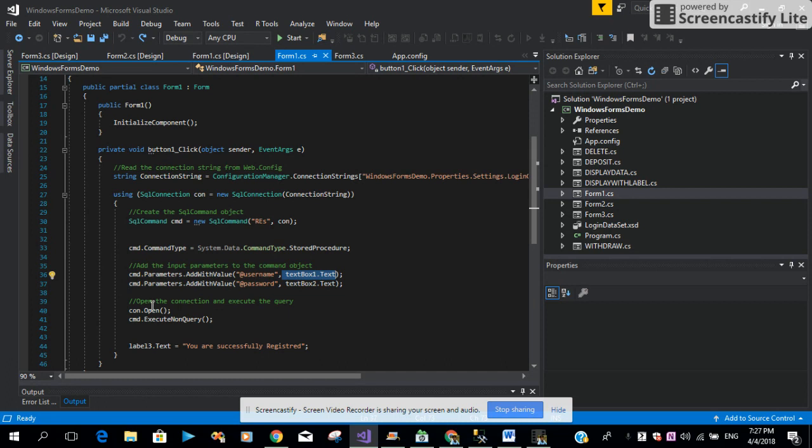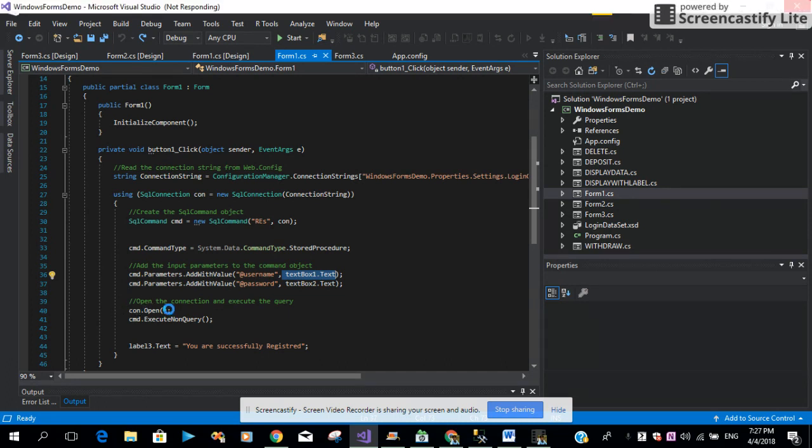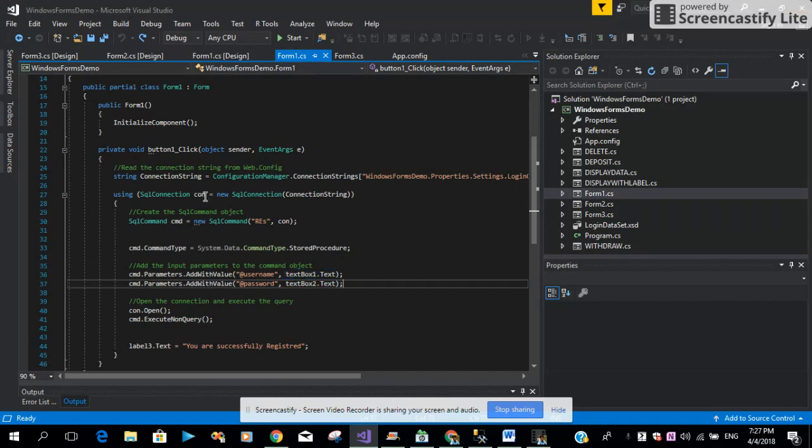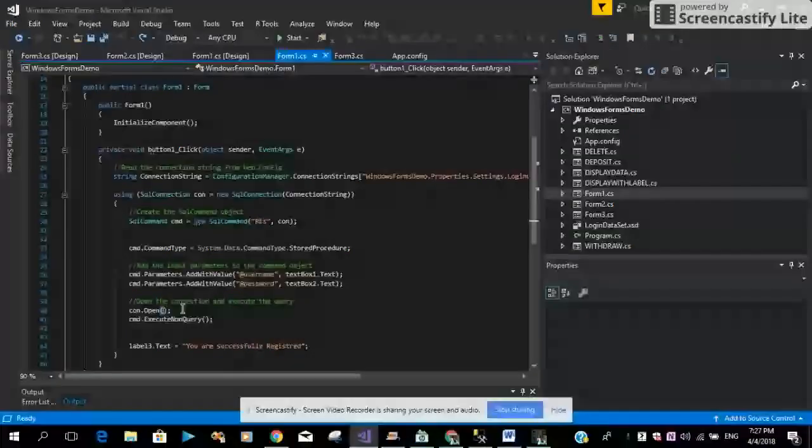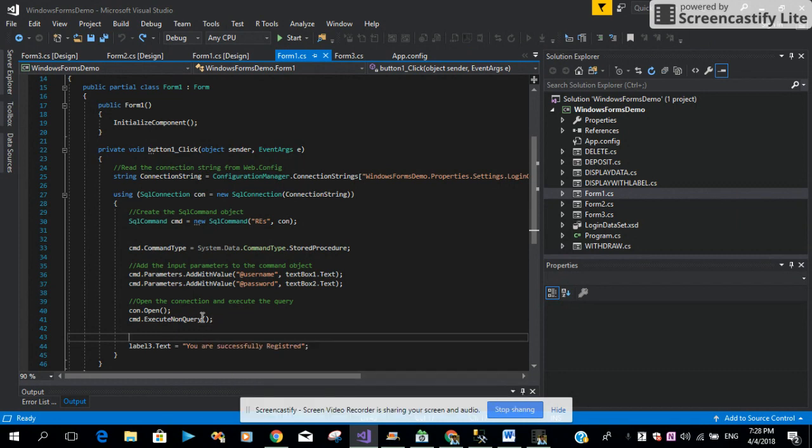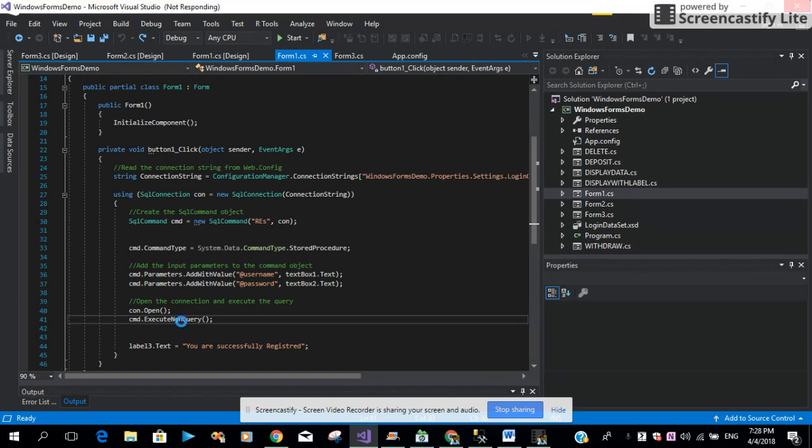Then we are opening the connection here. We use the con.Open method to open the connection. After opening the connection, we want to execute the command we mentioned in this SQL command class. In this command we are using the ExecuteNonQuery method to insert the data. If you go to the definition of this method, this method returns